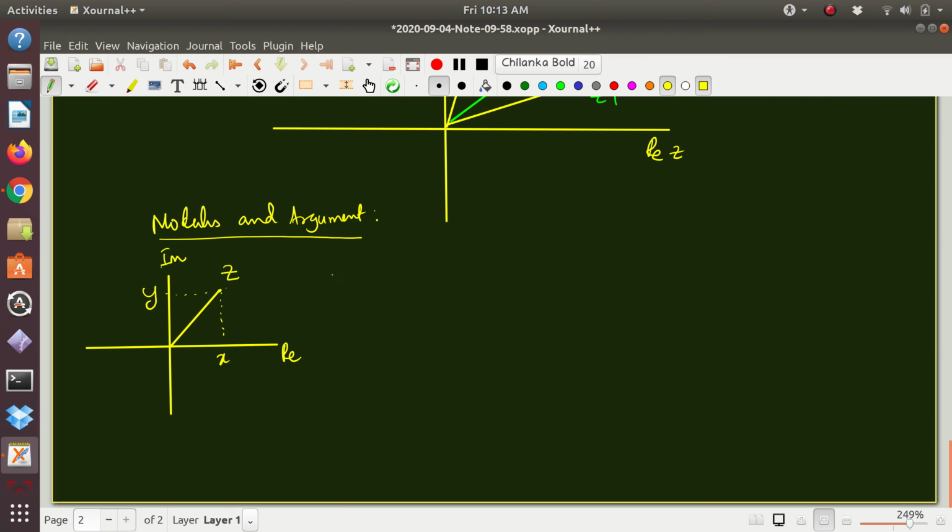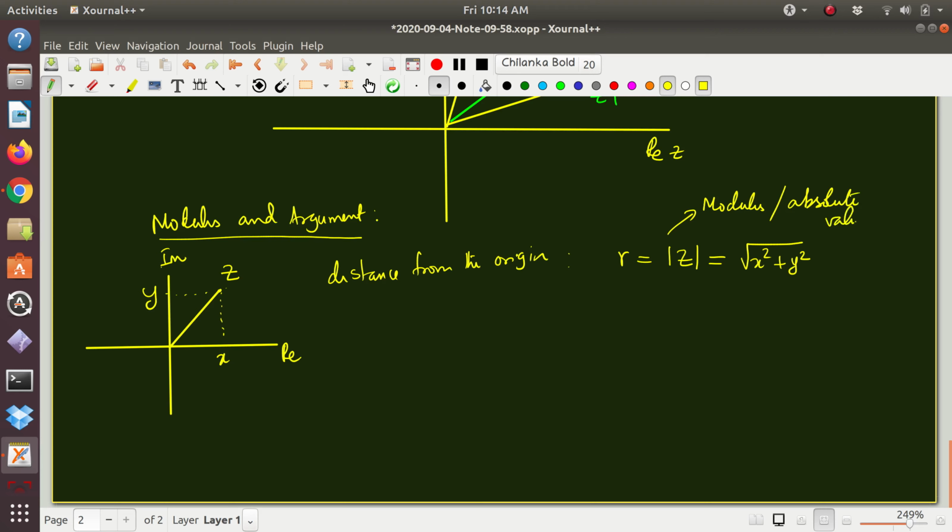Now the distance from the origin is something that you all know from Pythagoras' theorem. This is denoted by the letter R, or it is also denoted by this symbol, which is called the modulus of the complex number z. It is nothing but the square root of x squared plus y squared. Okay, so this is something that you know from Pythagoras' theorem, so this is called the modulus of a complex number,